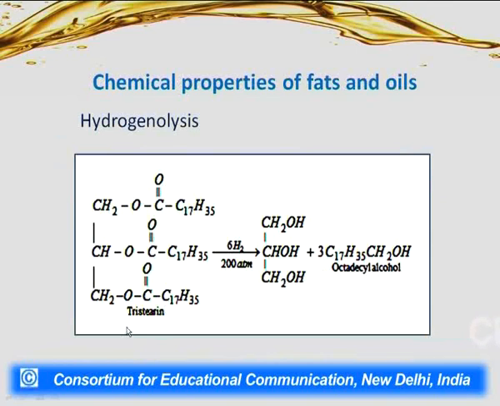Here is an example. This is tristearine. Now, when we carry out the reaction with hydrogen at high temperature and at high pressure, this ester bond, this OCO bond, gets cleaved. One hydrogen goes to oxygen initially and one to this carbon, and this will be converted into aldehyde, and aldehydes get also reduced into alcohols. So, it is a simultaneous cleavage of the bond as well as reduction of this part into the corresponding alcohol, and we get this 18 carbon alcohol called octadecyl alcohol, and this is glycerol.